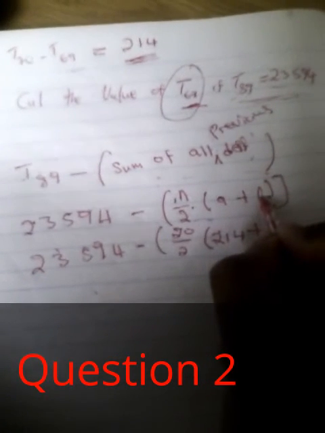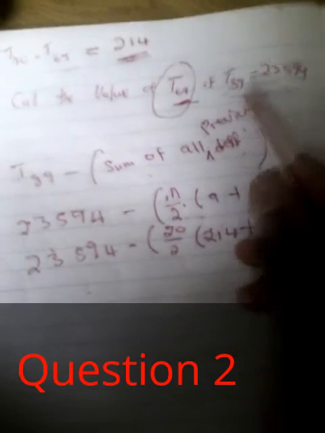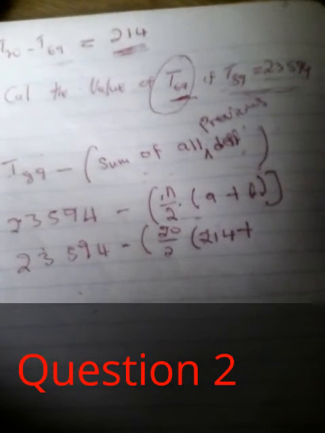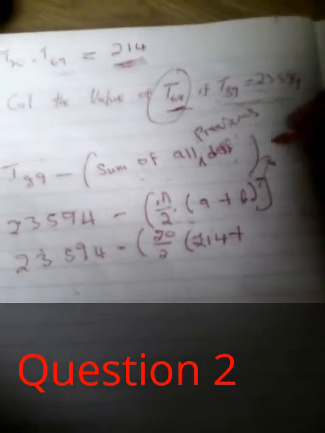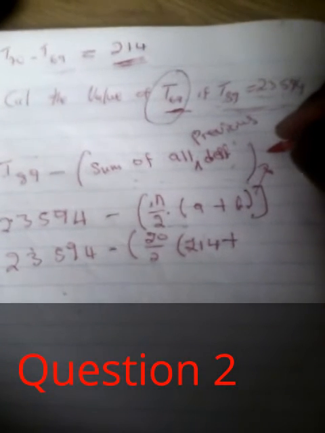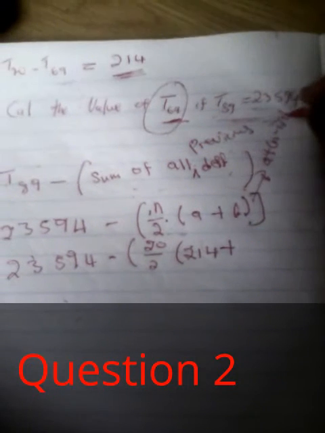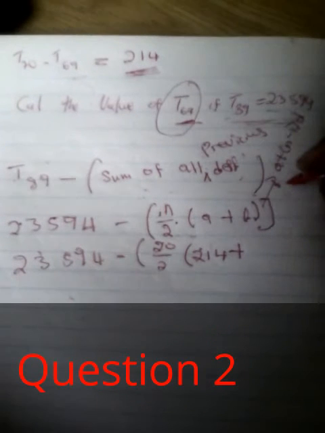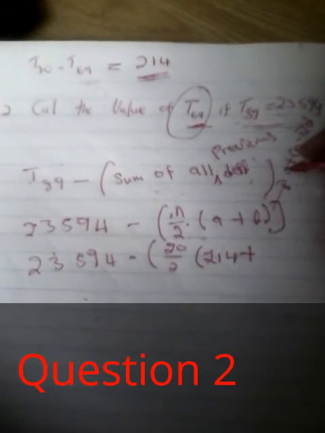plus the last term. How are we going to determine the last term? The last term of the arithmetic progression on the first difference. Use the formula of the arithmetic progression, which is a plus n minus 1 d. We know that a, the first term, was 7